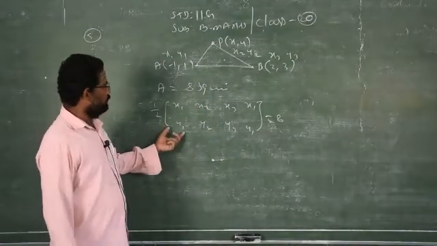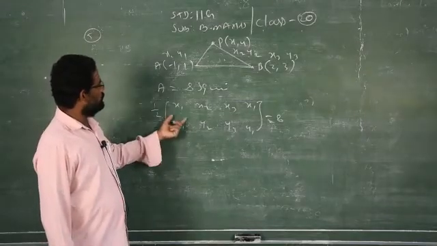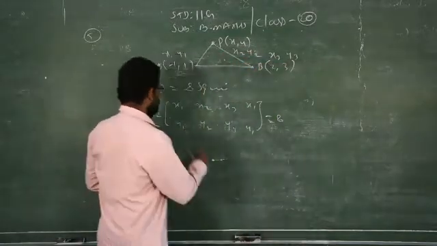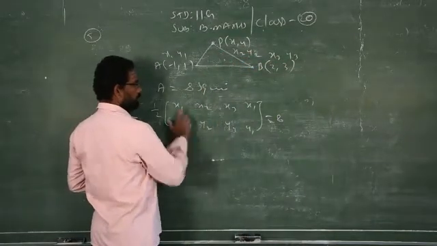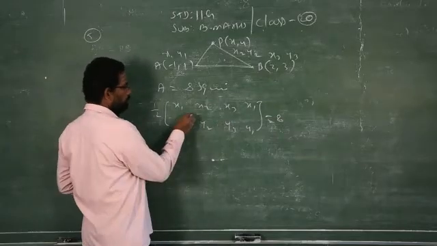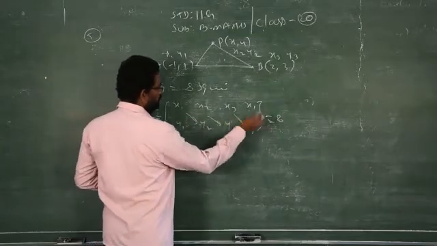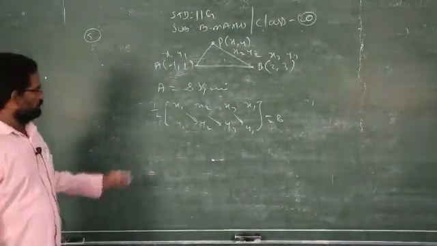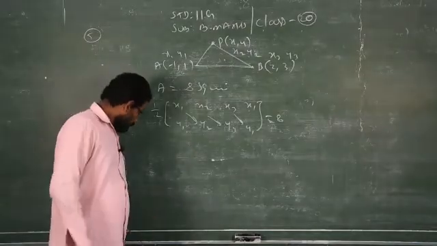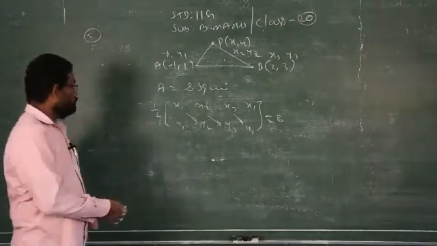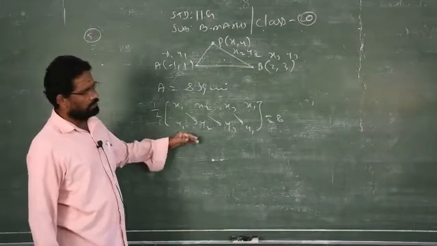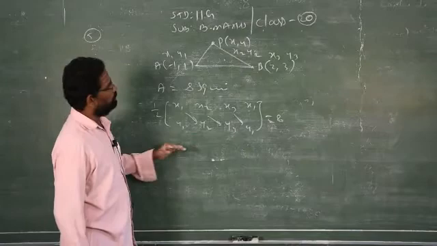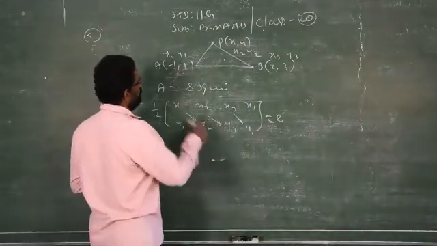Clear? You know this formula very well from 10th standard. You have to substitute. I just write x1, y1. This is x2, y2. This is x3, y3. Just substitute in this format. You know how to multiply, isn't it? So do the calculations and you will get the answer in terms of x and y. So proceed. I am not going to complete this problem because you know it very well from 10th standard. You try it. If there is any doubt regarding this problem, please call me. I will clear your doubts.